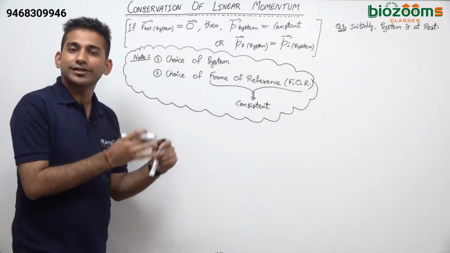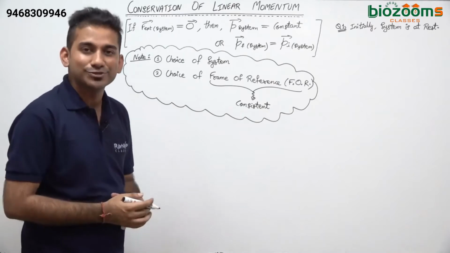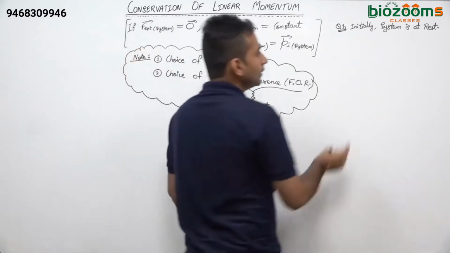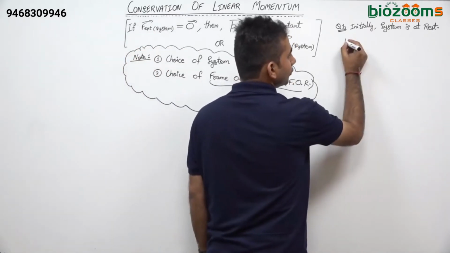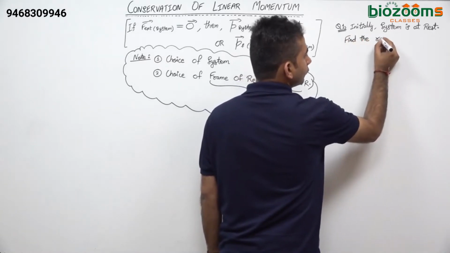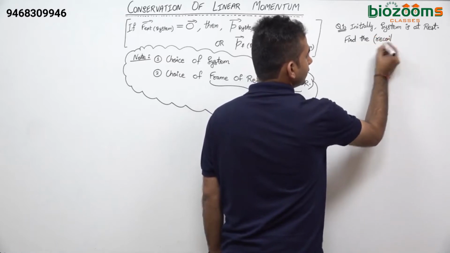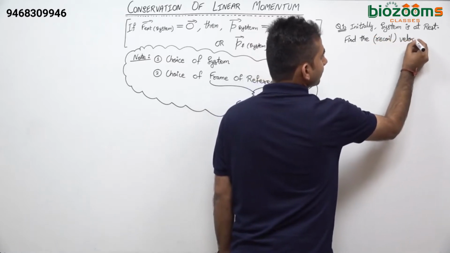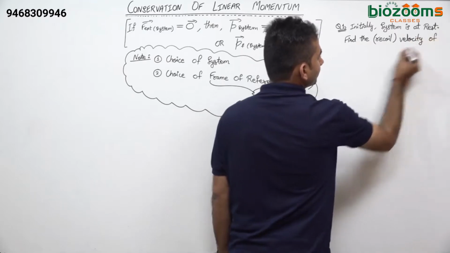The meaning of "system is at rest" is that each and every particle of the system must be at rest. Fine. So initially the system is at rest. You need to find the recoil velocity of the plank